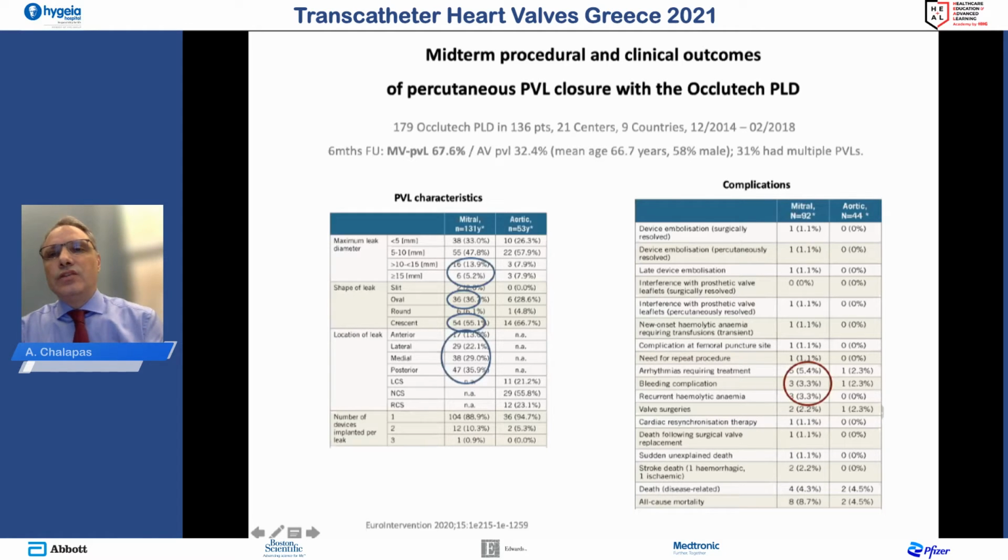And regarding the complications, we can see that the defects in the aortic position are treated transcutaneously. It's a very safe procedure. The same is also true for the mitral, where we can see that the embolization, either early or late, is less than 1%. And the more common complications have to do with access site complications and